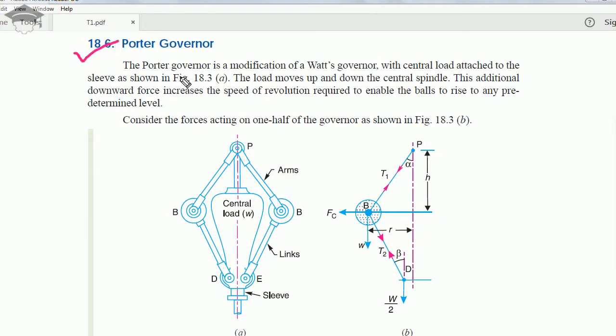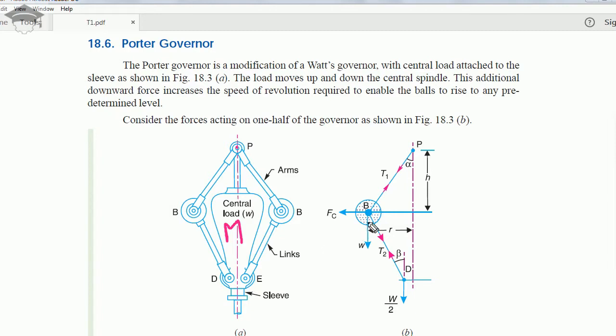The Porter governor is a modification of the Watt governor, in which we are considering the sleeve to be having some weight, capital M, whereas in the Watt governor we were considering the sleeve to be massless. Now here the arms are pivoted at a point P. The central load we are considering to be of capital M mass, and the links are joined to